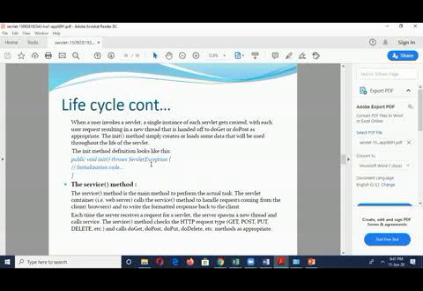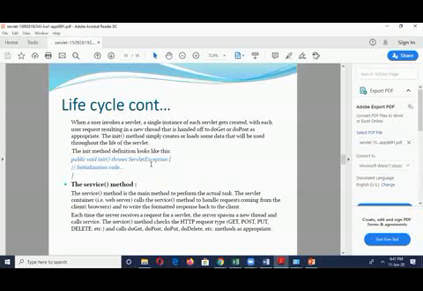The request will be sent from the browser, and the response will be sent from the HTTP servlet back to the client. In the service method, each time a request is sent for a servlet, it generates a new thread, and a thread is a lightweight process, as you already know from OS.